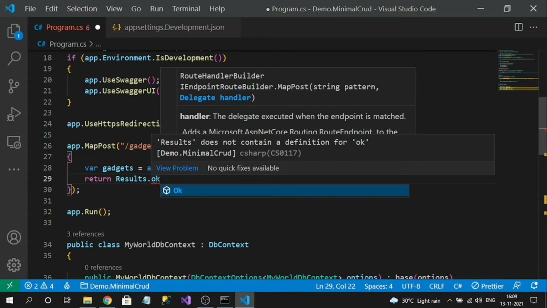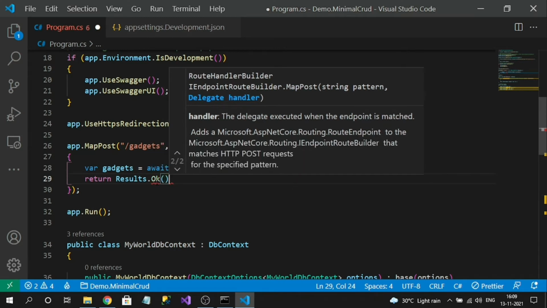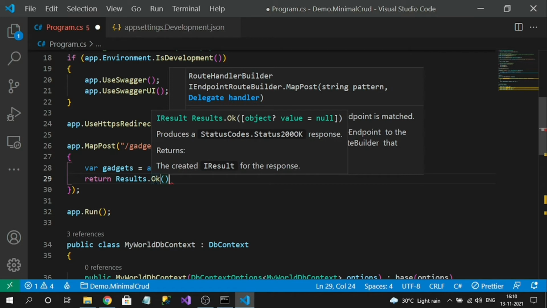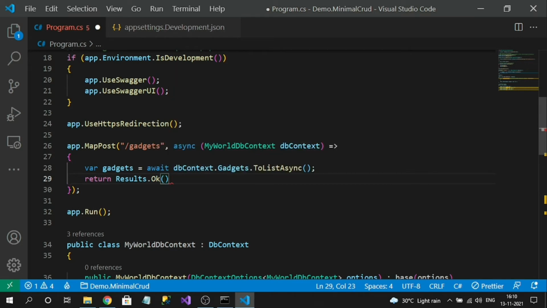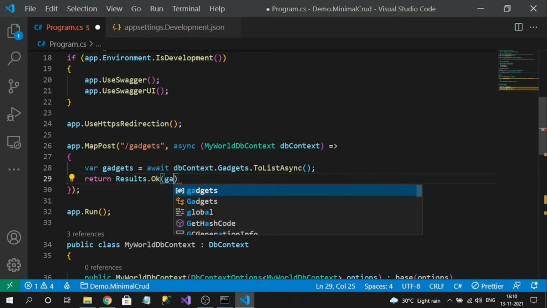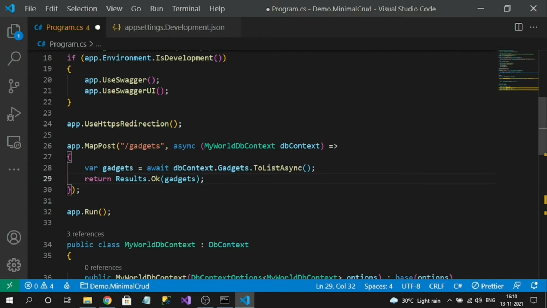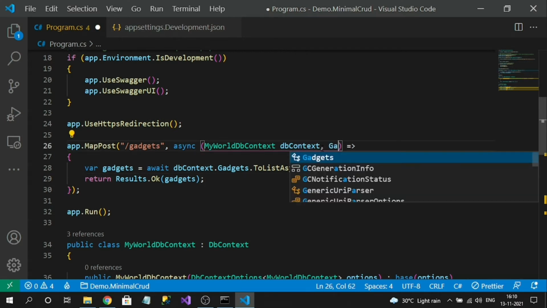If you use Results dot, you will get all the methods like Ok, NoContent, NotFound, everything will be here, and simply pass our result. Sorry, this logic I have written is for get. For the create operation I am working, so create.